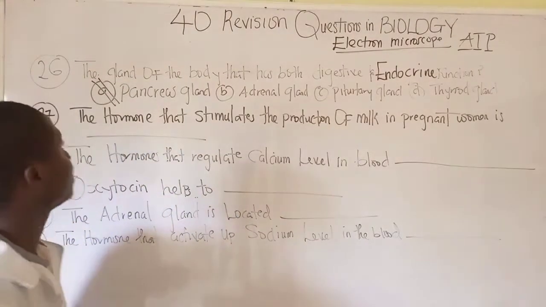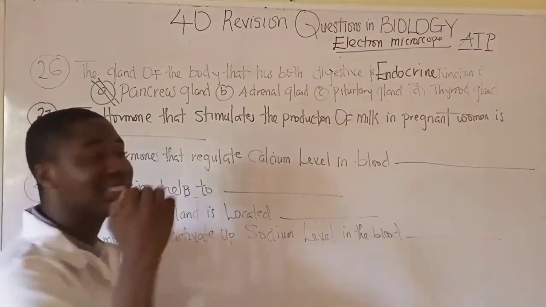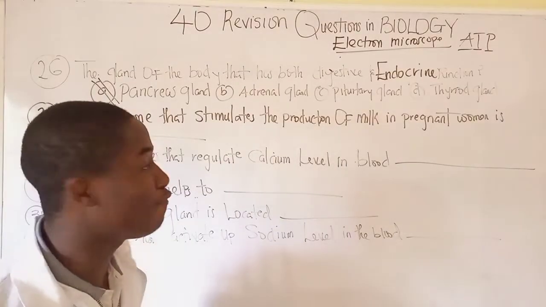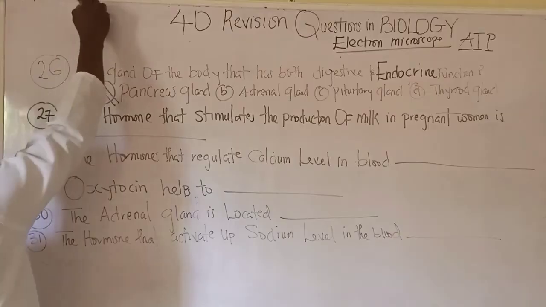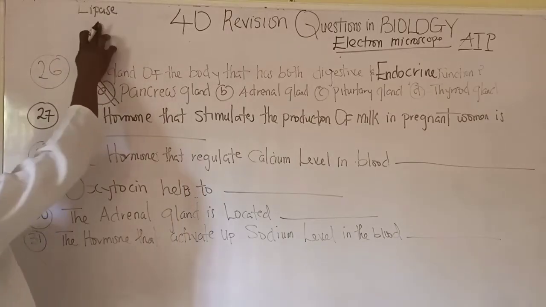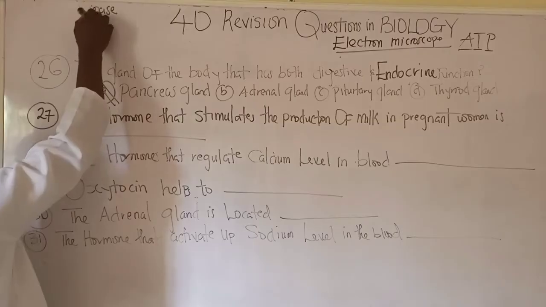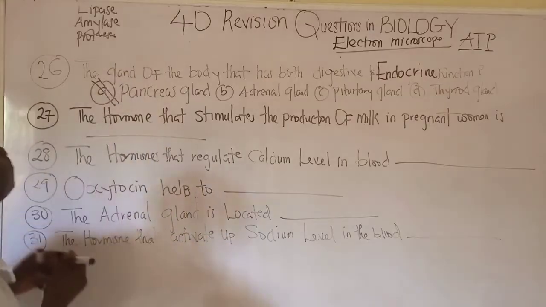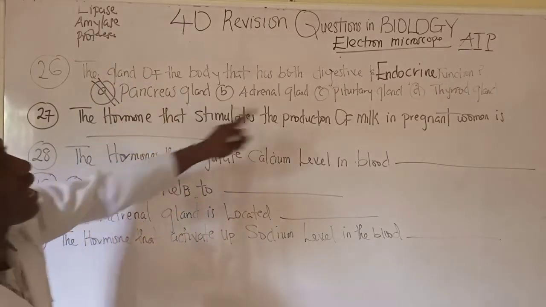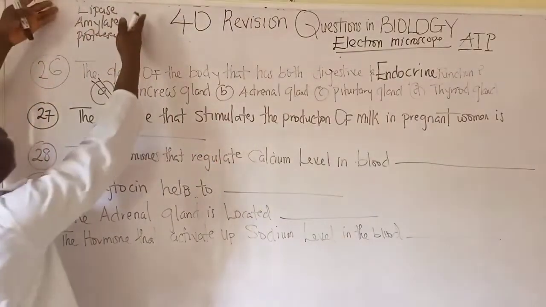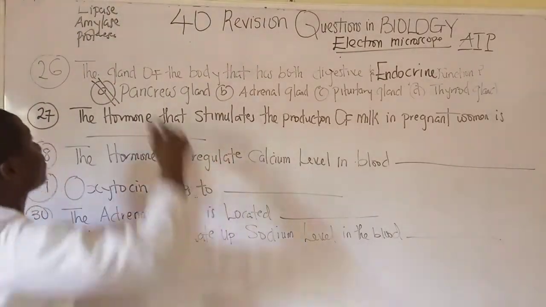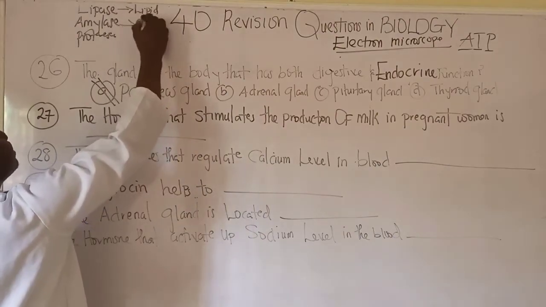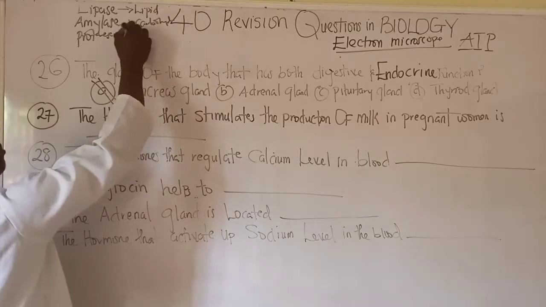This must be noted because the enzymes that the pancreas gland can produce work as digestive functions, and we have the likes of lipase. Okay, this is a digestive enzyme. We have the likes of amylase, and we have the likes of protease. So it must be noted that the pancreas gland has digestive functions, like producing enzymes such as lipase. From the word lipase, it acts on lipids. We have amylase, which acts on carbohydrates, and protease, which acts on